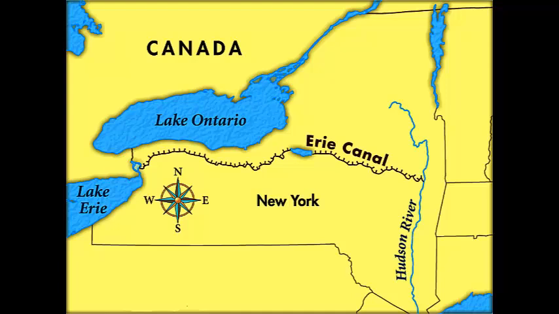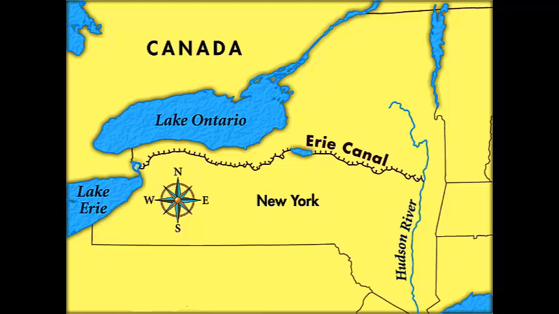The idea was to open up markets going west, to the Great Lakes, where they could get to Detroit, Chicago, Milwaukee, Cleveland, some of these far western cities that are developing and need goods. Also, it intersected with the Hudson River, and if you go south on the Hudson, that ends in New York City. The Erie Canal, as much as anything else, allowed New York City to become the chief financial center